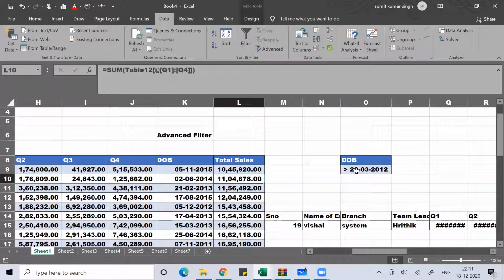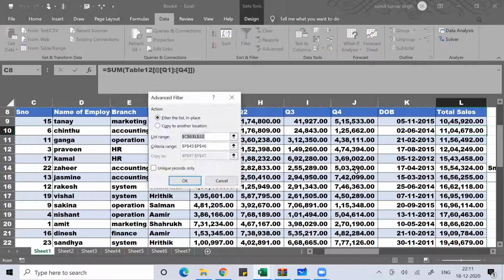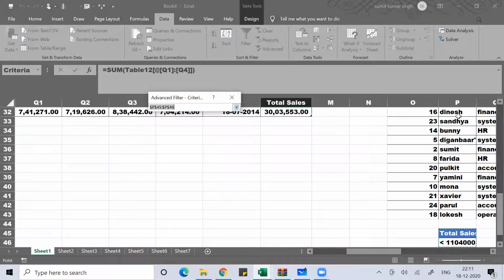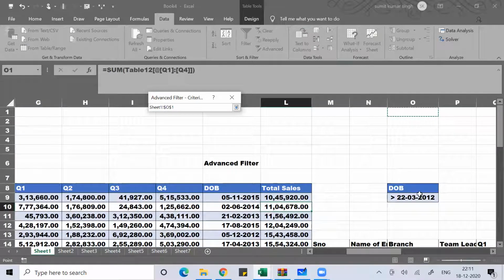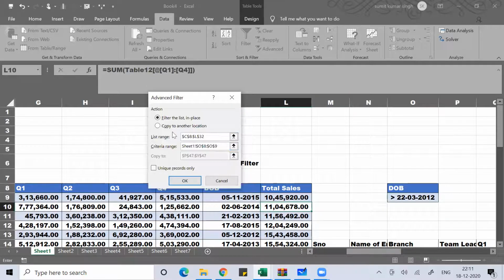Put your cursor inside, Alt A Q, criteria range. What is your criteria range? This is your criteria range. Copy to another location where you want.